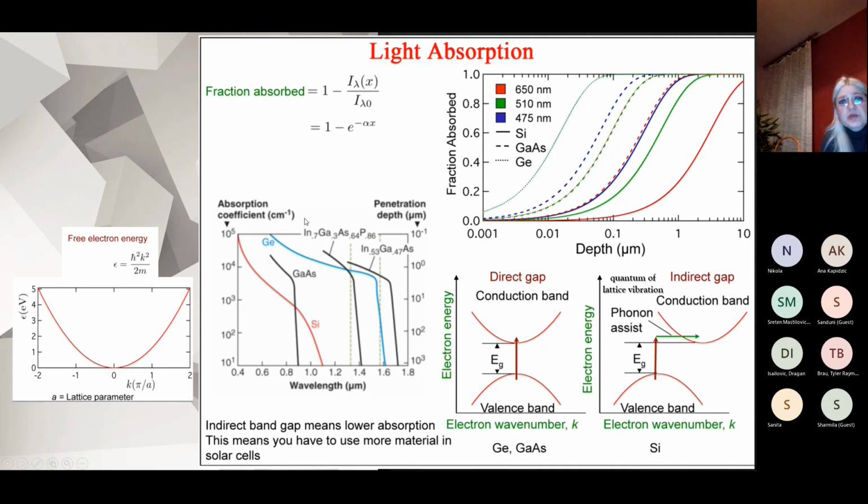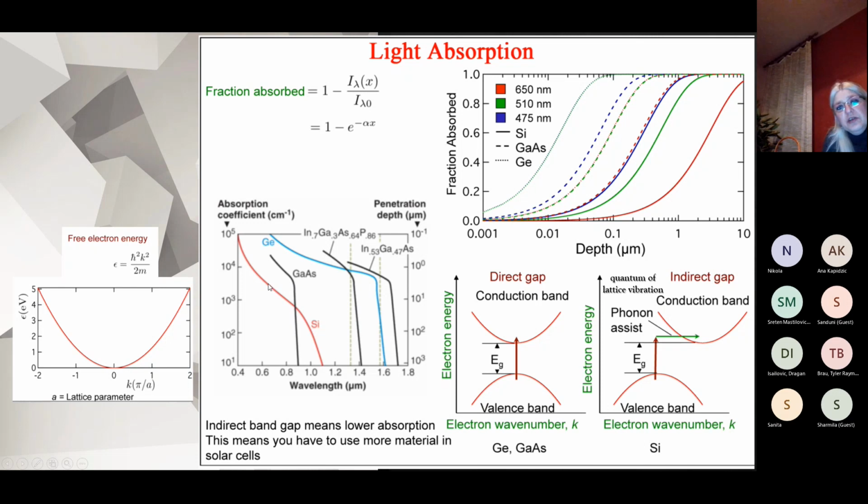So if we look at how the absorption coefficient is changing, for instance, for germanium, you can see that the absorption coefficient is decreasing, and then suddenly, when it reaches some wavelength or photon energy which is below the band gap, you have a drastic fall. It's completely the same for gallium arsenide, just this drop will be at a higher wavelength, or smaller photon energy. If you look at silicon, you can see that